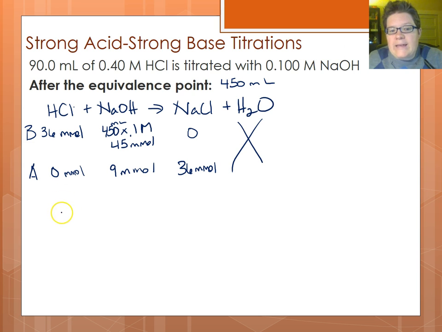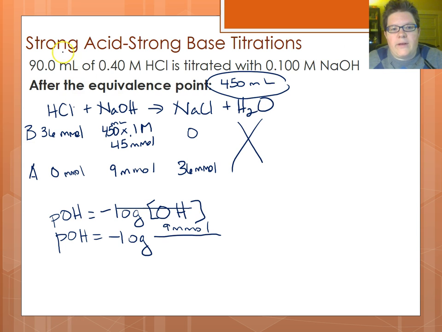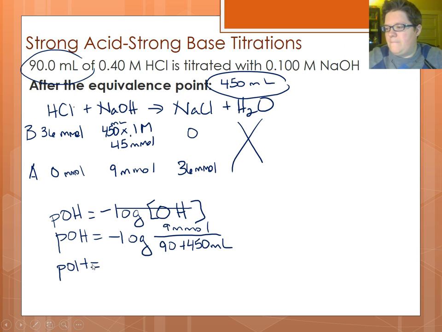And so for this one, I cannot find pH. I'm going to have to switch it up. I'm going to find pOH, because in this case, I've got OH negative, not H+. And so pOH is equal to the negative log of 9 millimoles. And that 9 millimoles is in a solution that contains 450 milliliters of NaOH and 90 milliliters of HCl. So again, those things still count. They're still diluting each other. Okay, and so for pOH, I got 1.78,